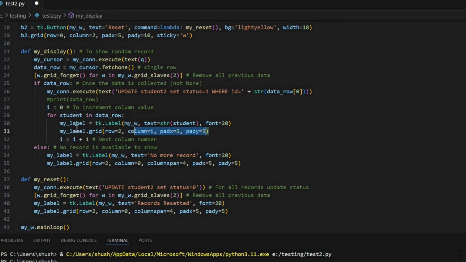This is making so much sense. So after we've displayed the data, we need to update that record status to true in the database, right? To prevent it from being selected again. Absolutely. That's how we make sure we're getting those unique random records. The code to do that in SQL is mycon.execute text update student2 set status 1, where is plus right plus